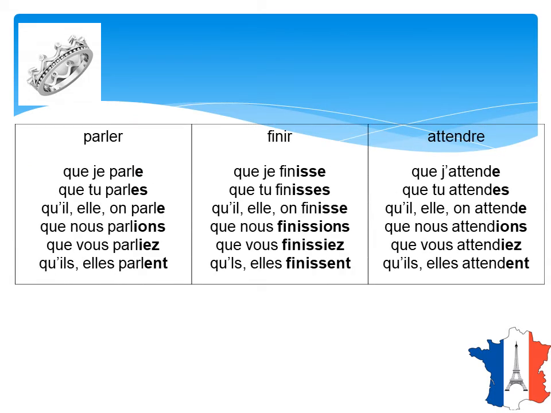So here is a quick look at the regular verb conjugation of parler, which is an er verb. Que je parle, que tu parles, qu'il parle, qu'elle parle, qu'on parle. Que nous parlions, que vous parliez, qu'ils parlent, qu'elles parlent. Similarly, finir: ils finissent, we will cut off the ent and it will be que je finisse, que tu finisses, qu'il finisse, qu'elle finisse, qu'on finisse, que nous finissions, que vous finissiez, qu'ils finissent, qu'elles finissent.